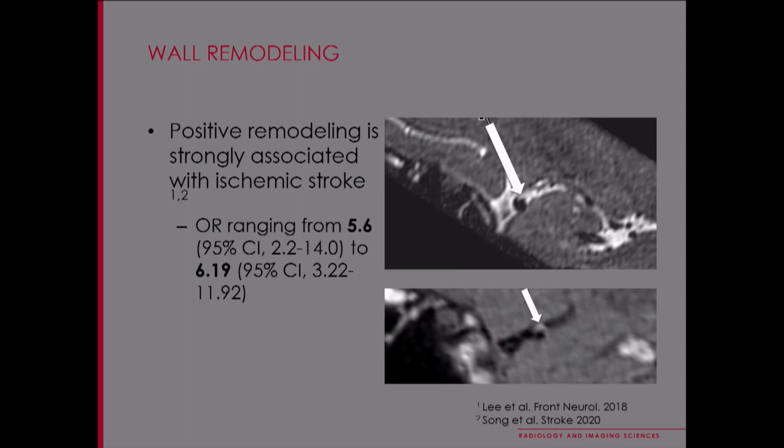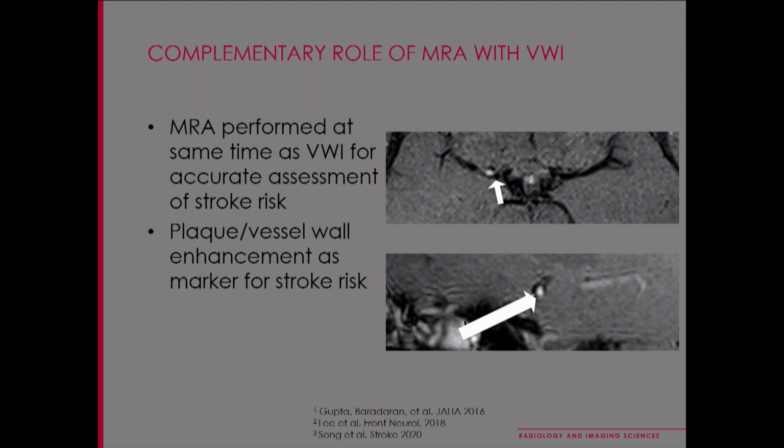So even just having positive remodeling is associated with ischemic stroke. Even just the presence of remodeling itself is a positive predictor for stroke. And so I think MRA is essential in the setting of acute stroke, or at least angiographic imaging is essential. And I think using it as a complementary tool with vessel wall MRI can really provide the most accurate stroke